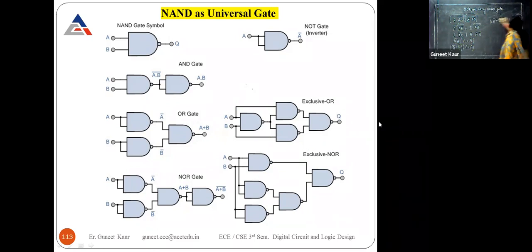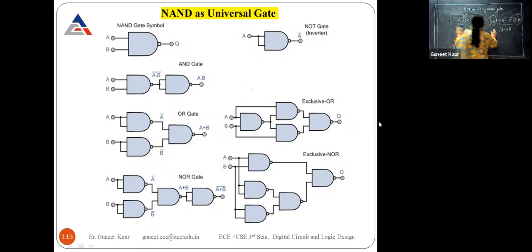So due to this, these two factors will be 0. You will get A bar B plus A B bar. Okay, so you have derived your XOR gate using the NAND gate. Now with similar steps, you can also get the XNOR. You can also get the XNOR if you put one more NAND gate with both inputs tied up. You will get the XNOR gate.